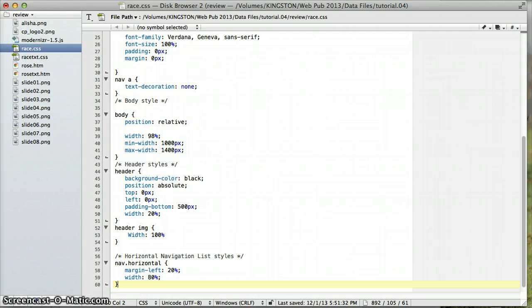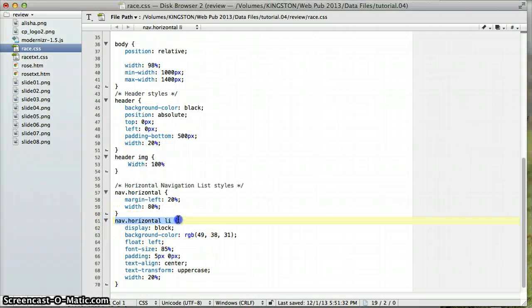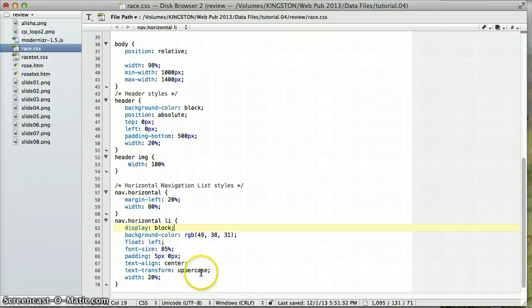on page 305. Okay, make sure you've specified the horizontal list, and for the display we wanted it to be block. In front of the background color, make sure you have RGB listed, then your parenthesis 49, 38, 31. Float, we want it to be left. The font size should be 85%. Your padding should be 5 pixels and 0 pixels. Your text alignment is center, and text transform uppercase and then width 20%. Go ahead and do a quick save, and we're going to move on to step 10, which is to set